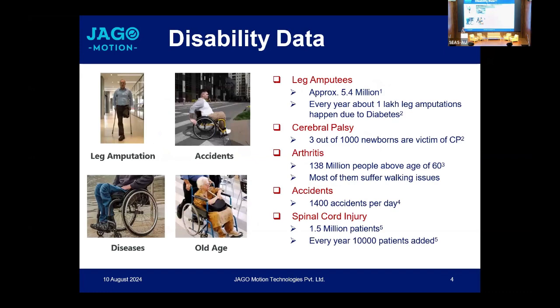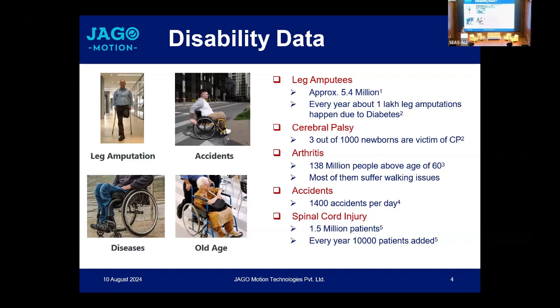Just to give you some data on what kind of disability happens due to what cause. You can see the numbers there, and these are not really well accounted. The list that I get from the district administration covers not more than 20%. 80% are unaccounted people who are getting amputations and so many diseases and gangrene and so on. So the accounted data is this, and it is quite significant, contrary to the solutions available.